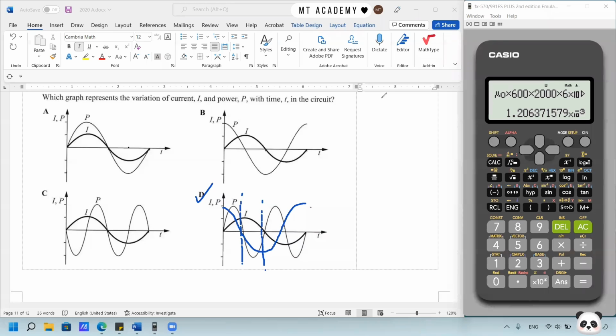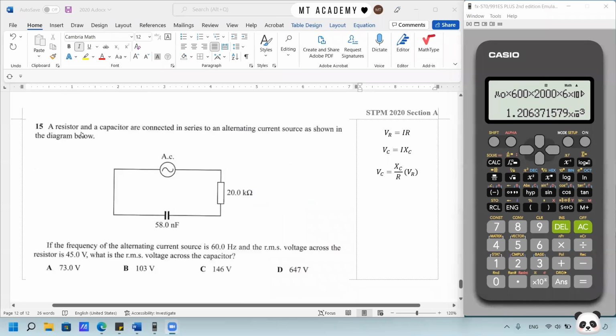Now we proceed to the last question, question 15. A resistor and a capacitor are connected in series to an AC current. If the frequency is 60 Hz and the mean voltage is 45 volt, what is the root mean square voltage across the capacitor? The simplest formula is that the voltage across the resistor is IR, and the voltage across the capacitor is I multiplied by the reactance. If you do simultaneous equations of these two, then the current across these two components is equal. So we have the voltage across the capacitor equal to the ratio of the reactance to the resistance,